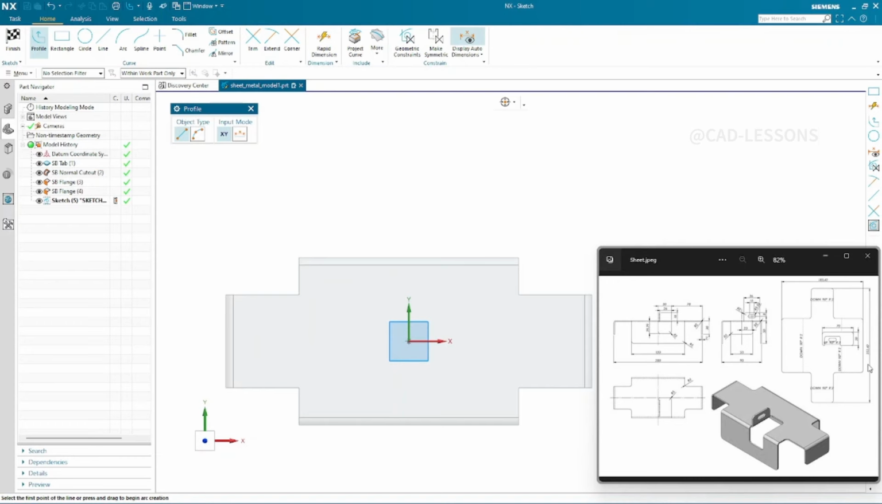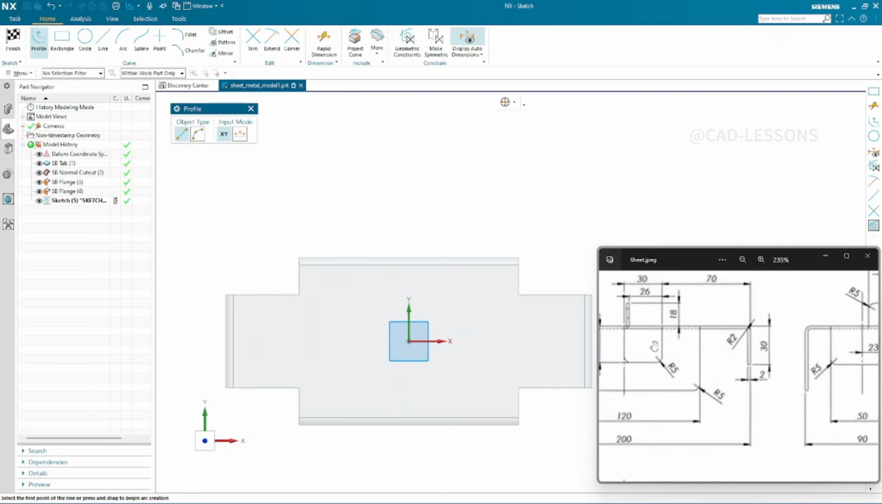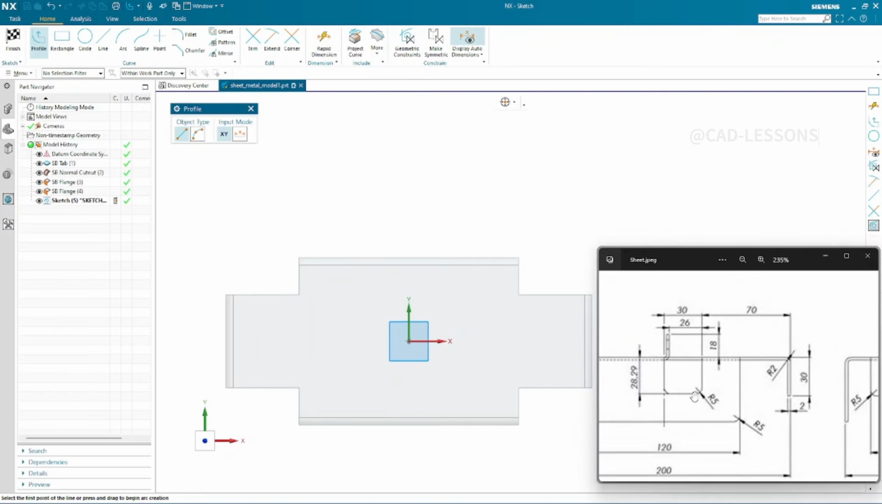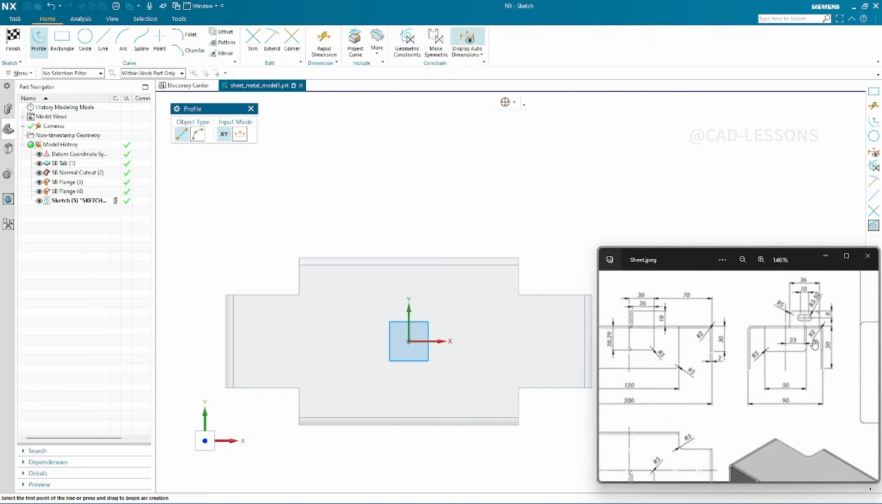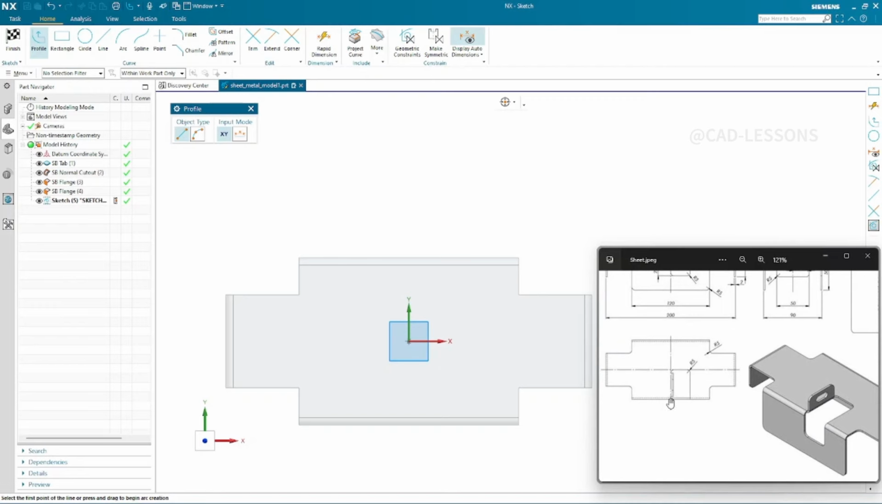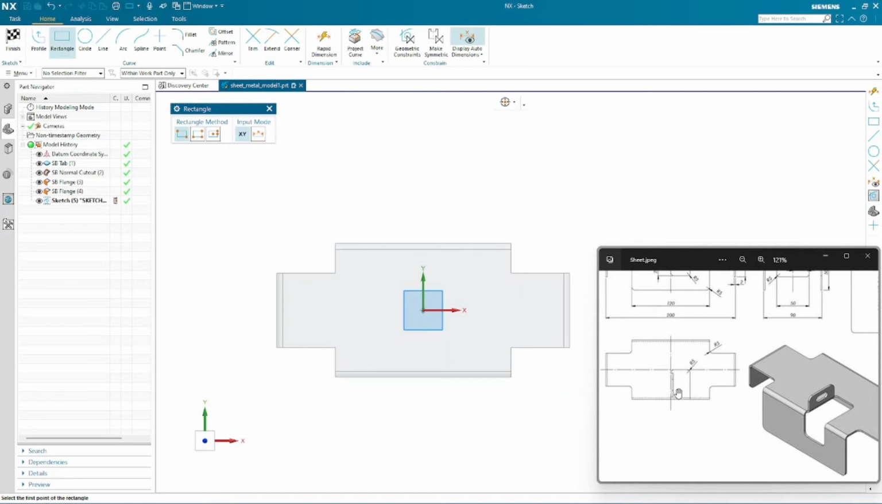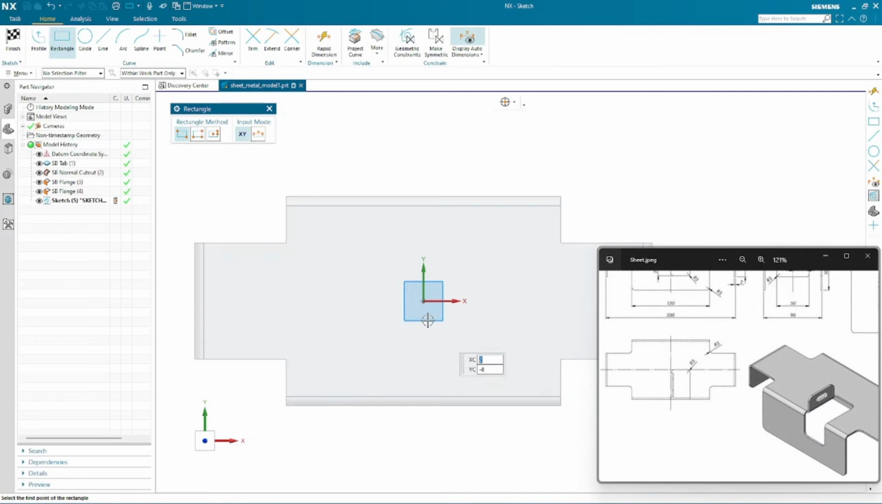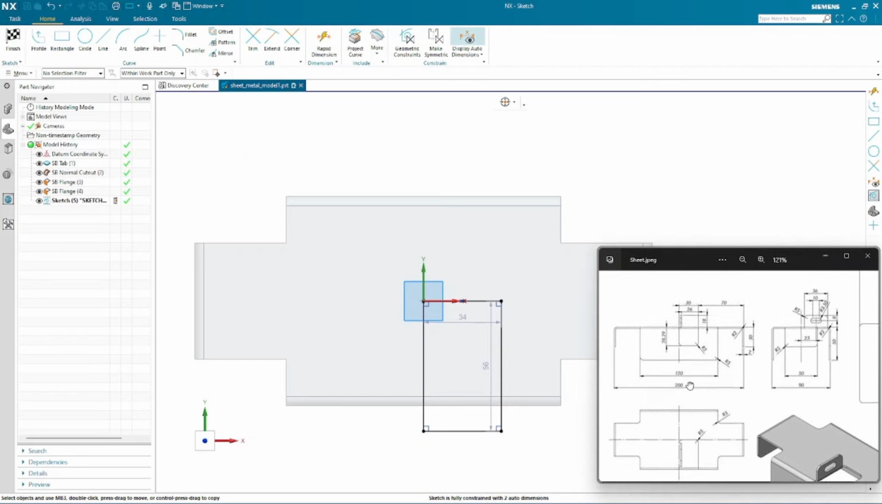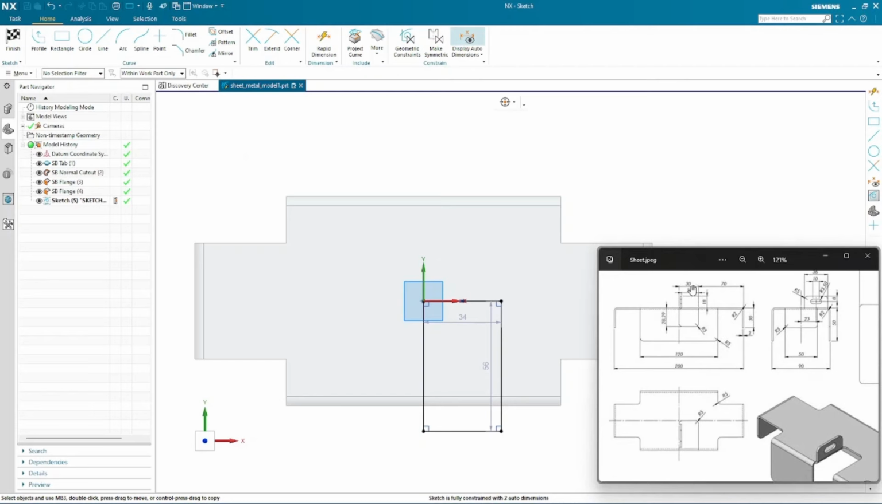So dimensions for this cutout are 30 millimeter wide, depth would be 28.29, starts from the center. So again we will create a rectangle. It belongs to the center, so we can start our rectangle from the center and roughly finish the rectangle, give the dimension 30 millimeter. This would be 30,